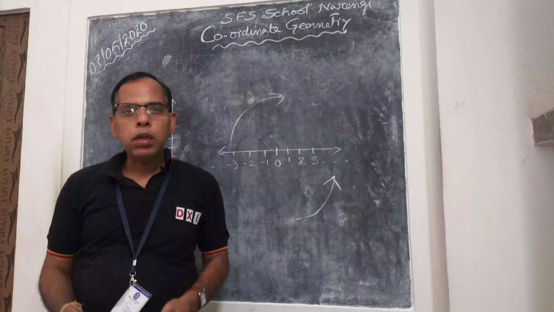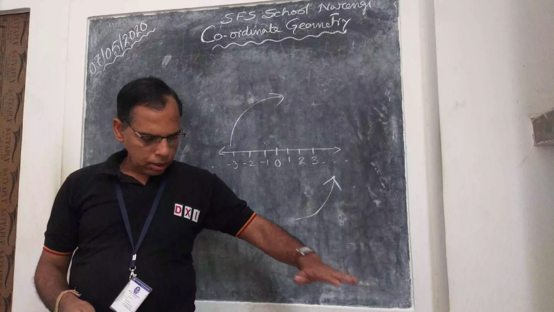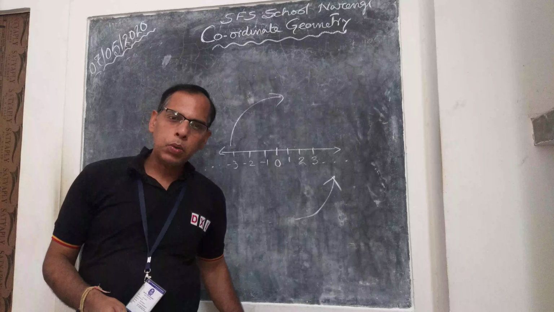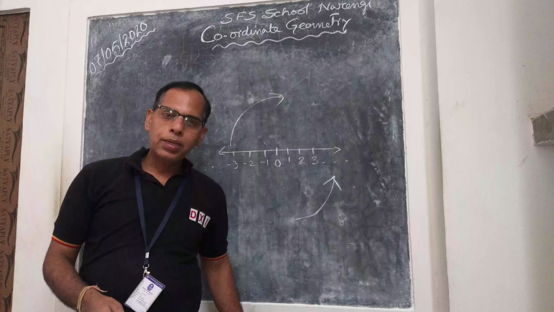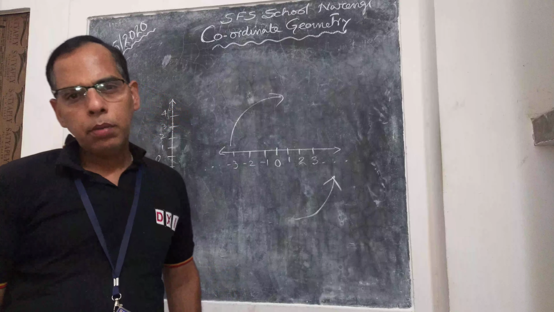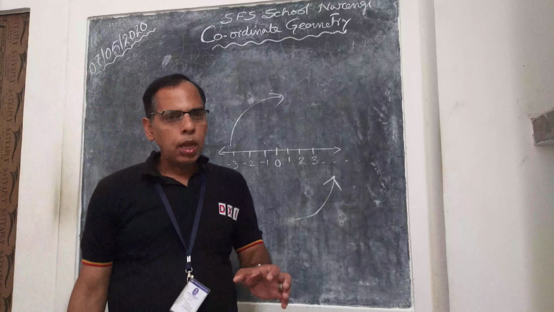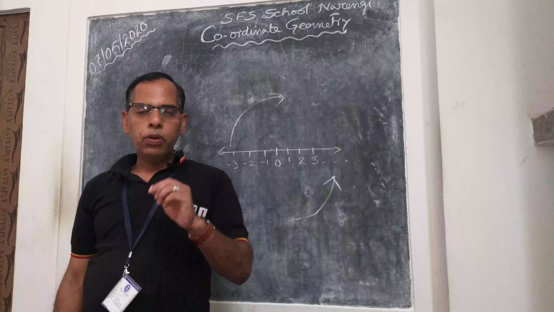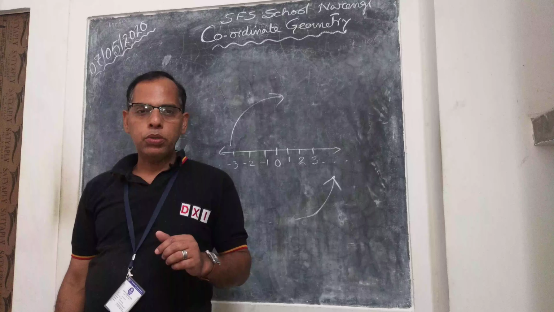That means you are going down. Down means the level will be less than the road. That means you are going inside, so it will be a negative number. Remember that. When putting a post or a pillar, for a light post or a telephone post, you will